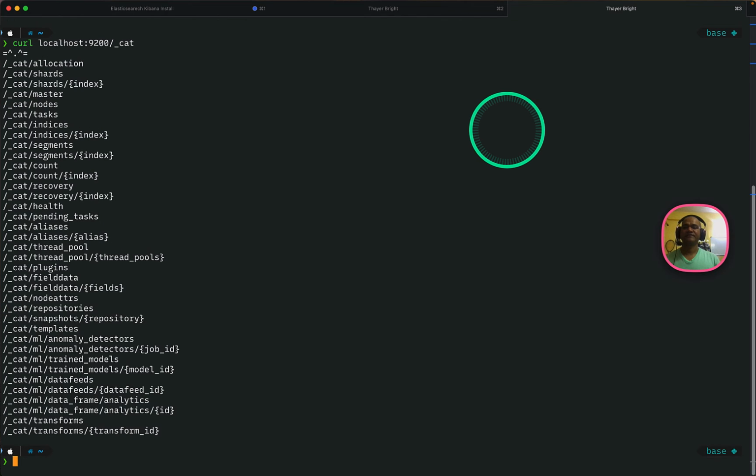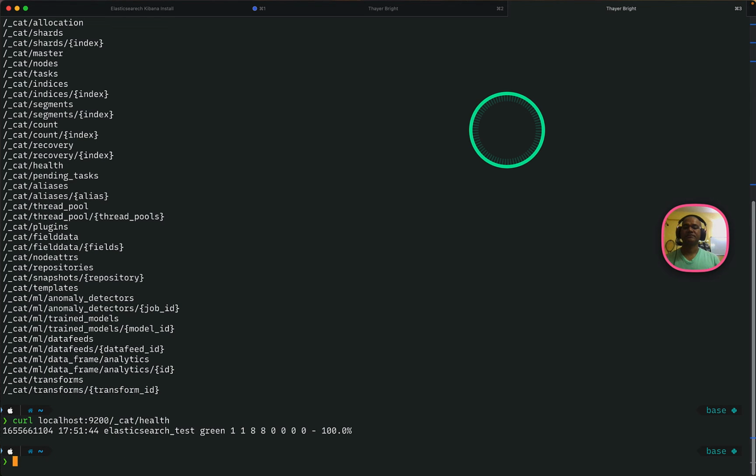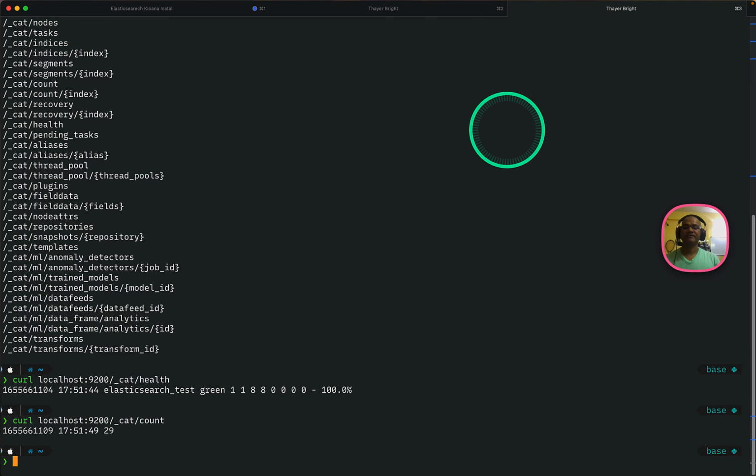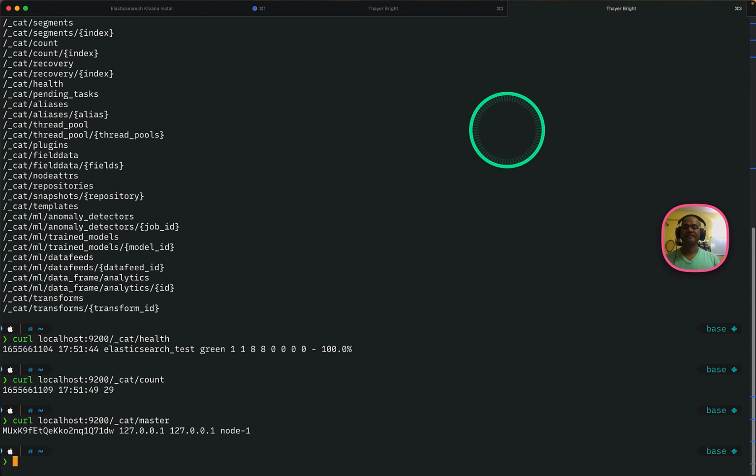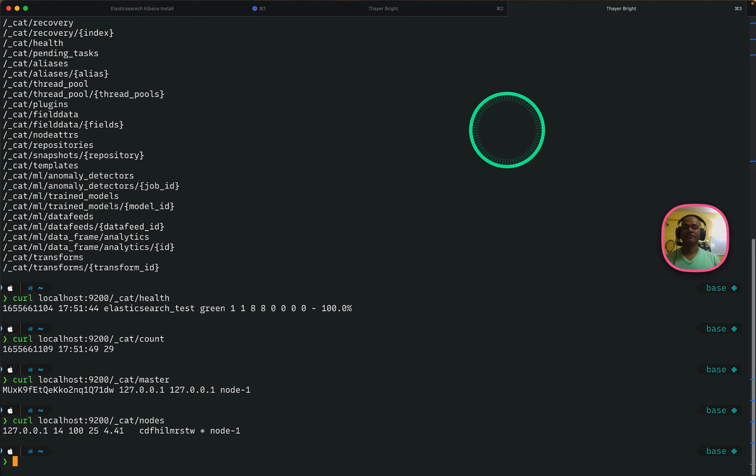Next, what we saw, the cat command, we can see all the indexes, and the health is also good now, green. Count will give the number, the count about the number of segments, and you can check out the master. So this is node 1 which we have given, and there's only one node,